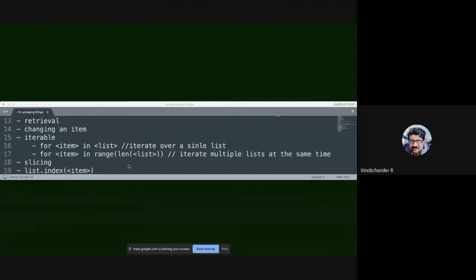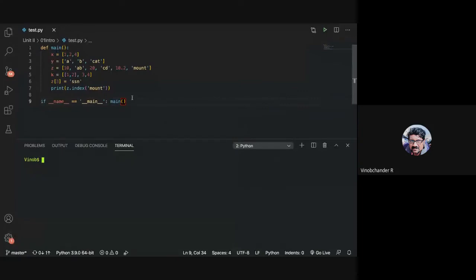You have a method called index that gives you the index position. What do you think will be the answer here? Is it 5?